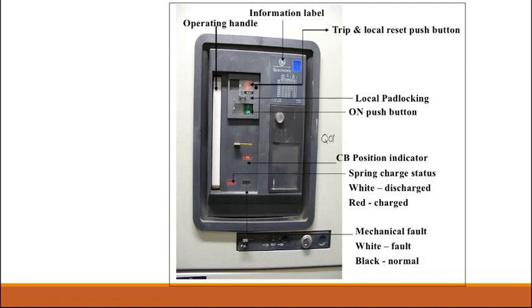In an advanced ACB, a digital controlling unit is also available. This has inbuilt protection elements, and it gives the readings and also overcurrent protection. These inbuilt protections are available in the market.